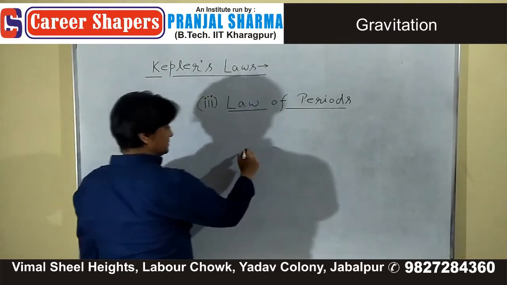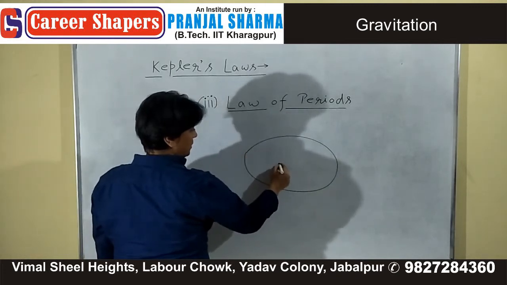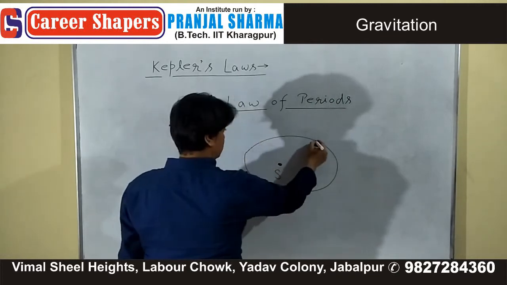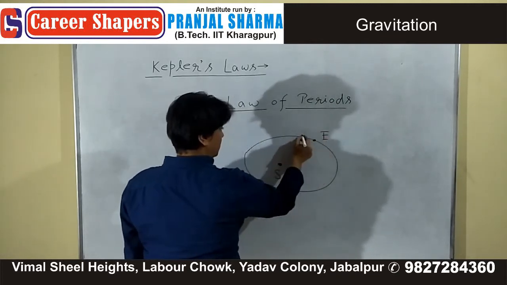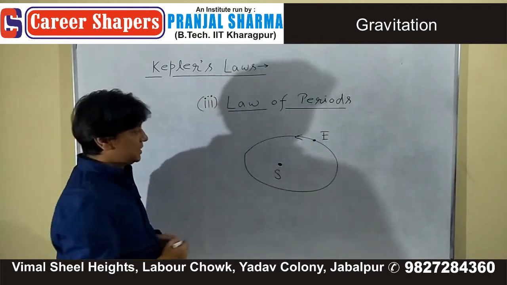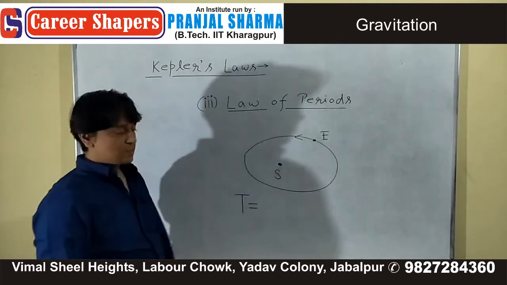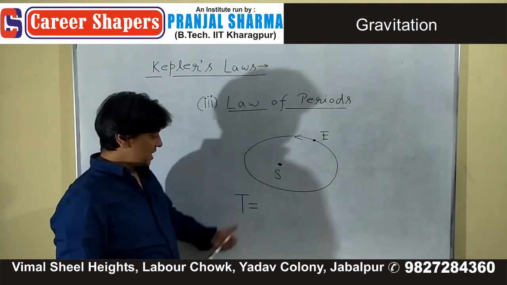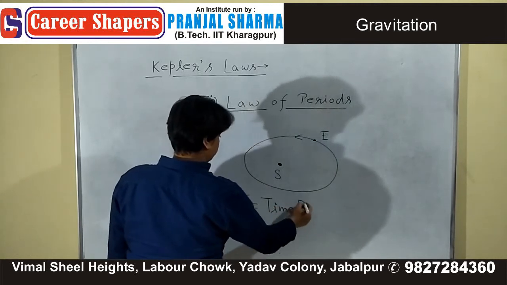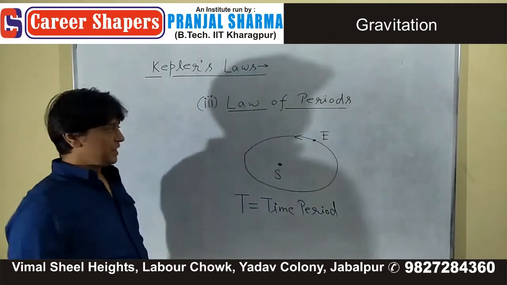It simply says that when a planet, let's say Earth, moves in an elliptical path, then the time it takes to complete one revolution around the Sun, this time period, which for Earth you know is 365 days,